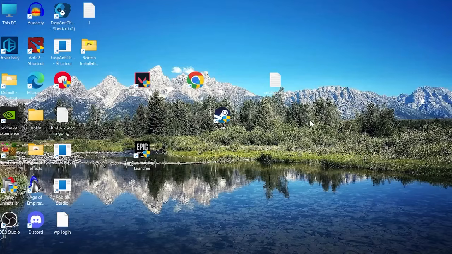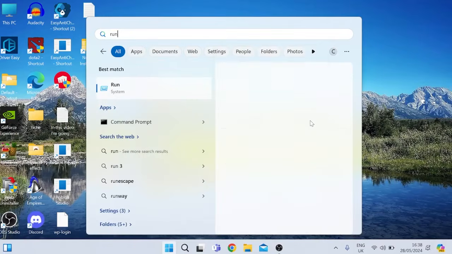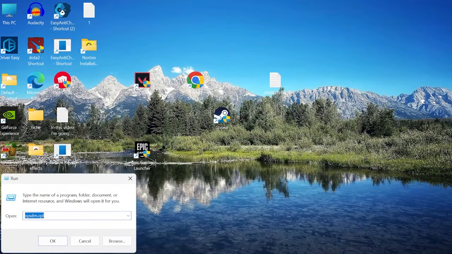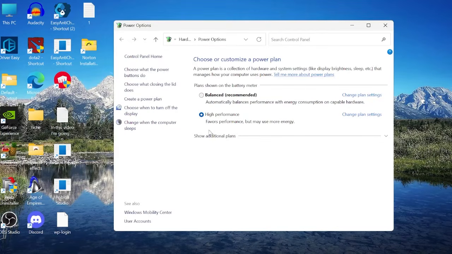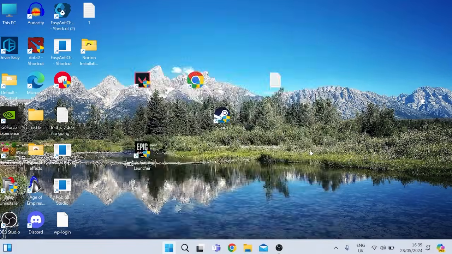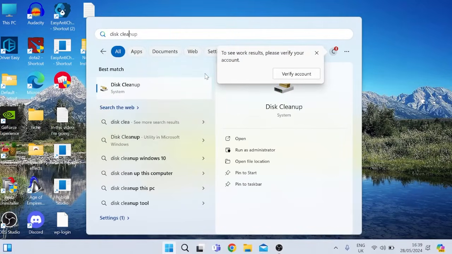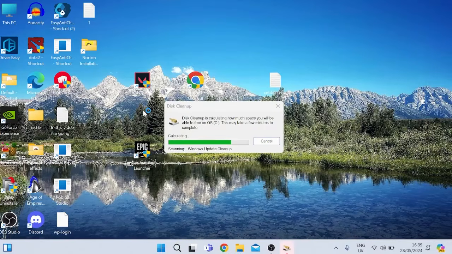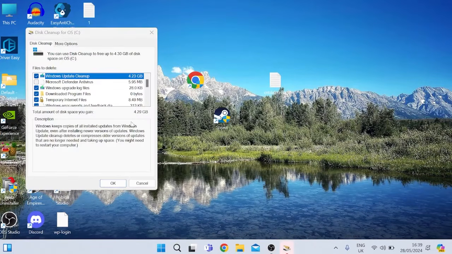You will need to restart your computer for these changes to take place, but first let's just close out of this window, come back over to the Start menu, search for Run, and tap on the Run icon. Inside of here type in powercfg.cpl and hit Enter. Then make sure you have high performance set as your power plan and come out of this window. Come back over to the Start menu and search for Disk Cleanup. Tap on the Disk Cleanup tab. This is going to calculate how much space it can save you. As you can see, by clearing up these files, it's going to save me 4.2 gigabytes in space,